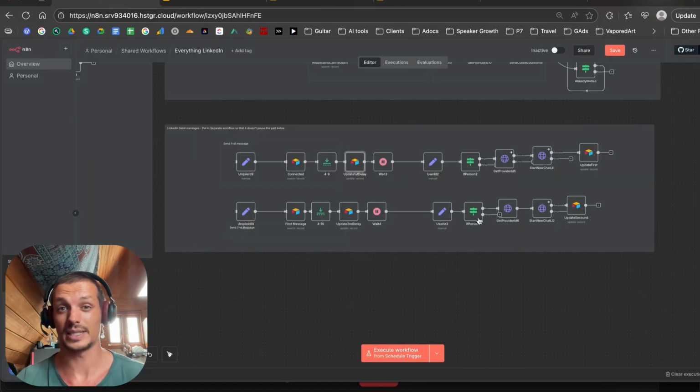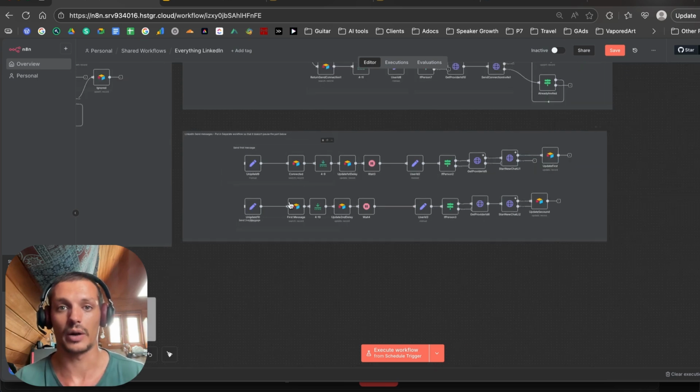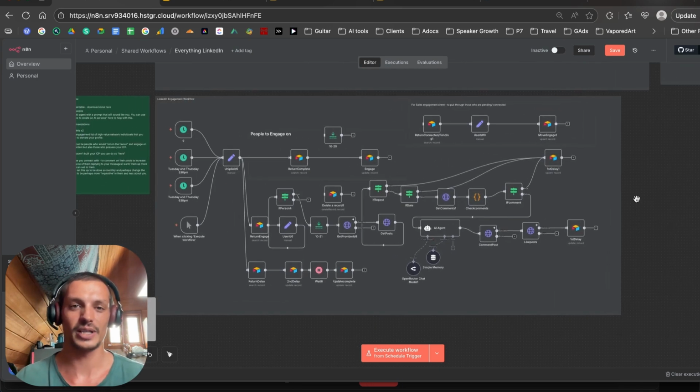LinkedIn also has an automated LinkedIn messaging system. We're using AI, which seems to be pretty good as well. Whether that can be fed into here is to be seen, but this would be an improvement that I'm working on currently. Alrighty, and then last but not least, we have, let's say, what I would like to call the